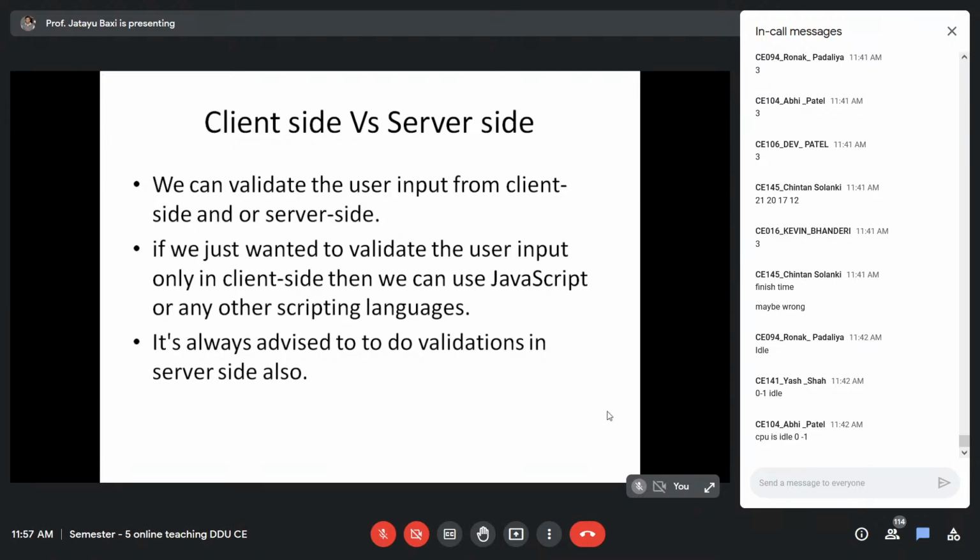It is because client side validations may not be supported by some browsers, so if you put only client side validation, then it may not be supported by the browser. So the corresponding server side validation must be done when the data that you are submitting is processed by the server.